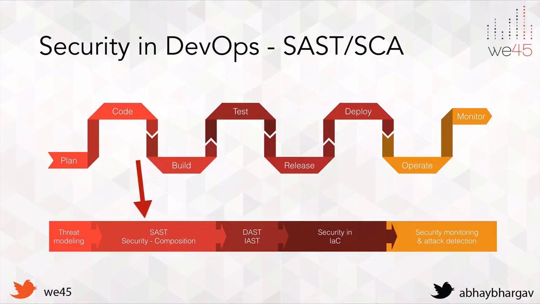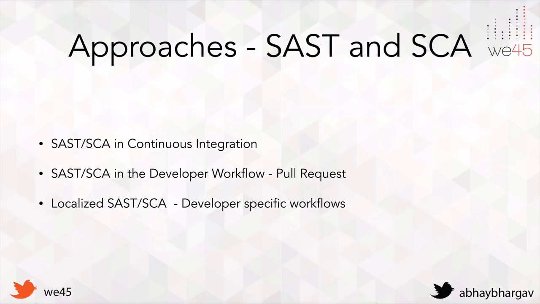So let's start with this first. I'm going to talk about threat modeling last, because I feel that there is a certain value to talking about it after we discuss this. So let's talk about certain automation efforts that we can take up in the SAST and SCA phase. SAST is static application security testing. SCA is source composition analysis. And source composition analysis, as I mentioned before, is the practice of identifying security flaws with your dependencies, the third-party libraries and dependencies that you're using in your application. So let's talk about these.